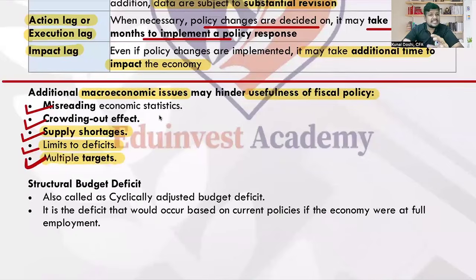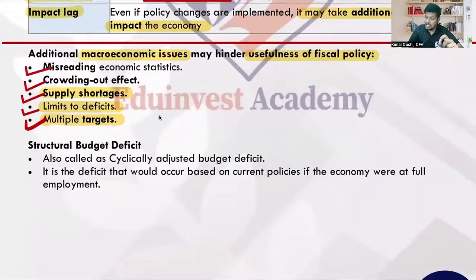Also, beyond just controlling the fiscal deficit, fiscal policy implementation has multiple goals: redistribution of wealth, increasing the GDP. All of these goals sometimes are counteractive, and they don't always support each other. You cannot always cover all the goals through one implementation. So these are the problems in implementation.